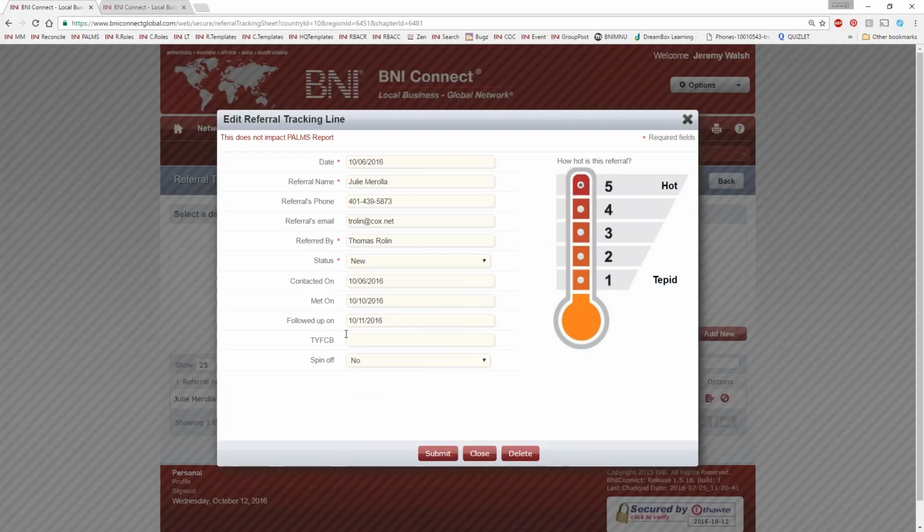Now, keep in mind, this thank you for closed business field is not attached to the slips. You would still need to submit a slip. This is really for your own internal record keeping if you wanted to record a separate number here. And I can also mark that this has now gone from pending to closed to a no sale. Now this one is now closed because we completed the job.